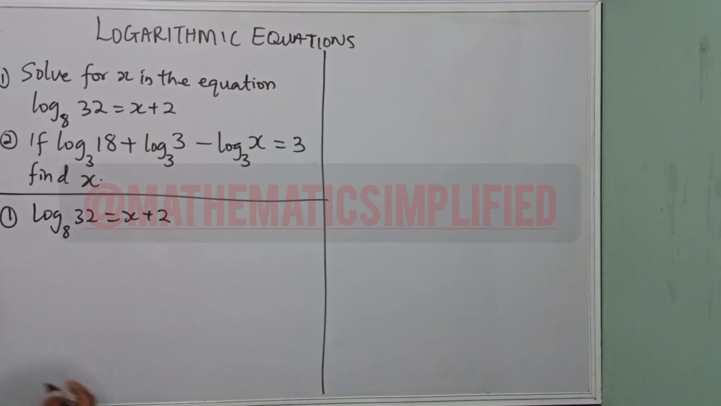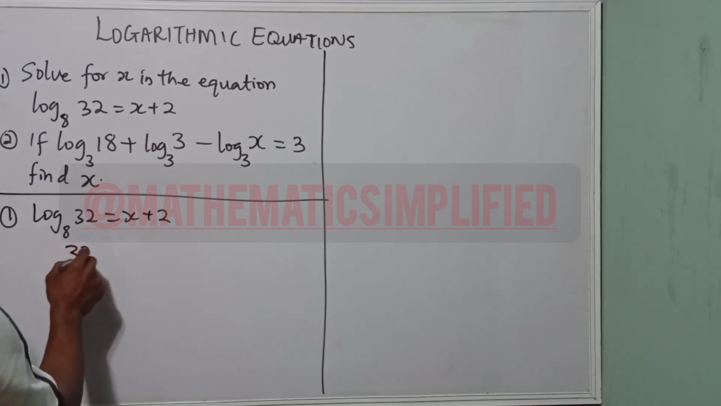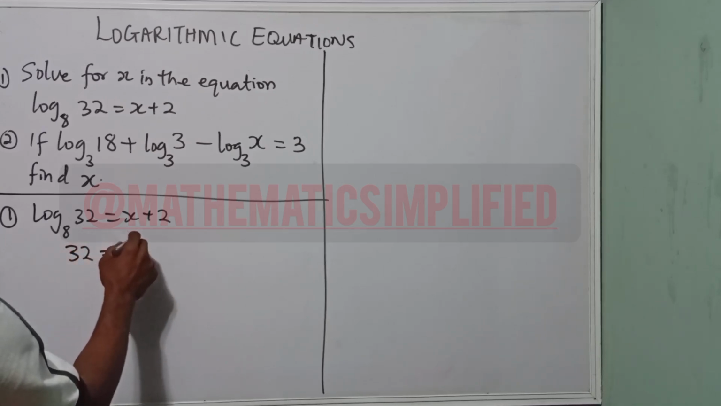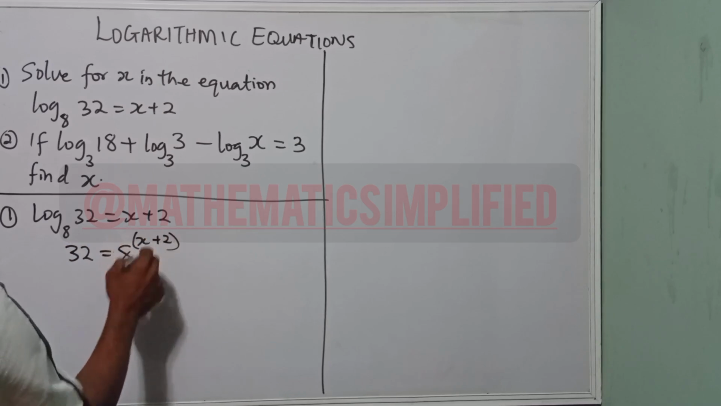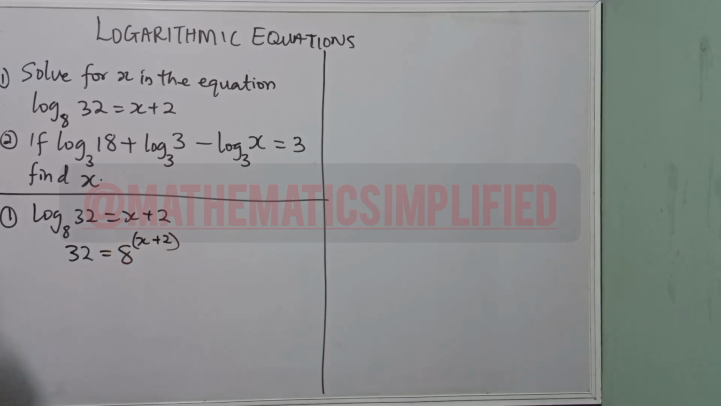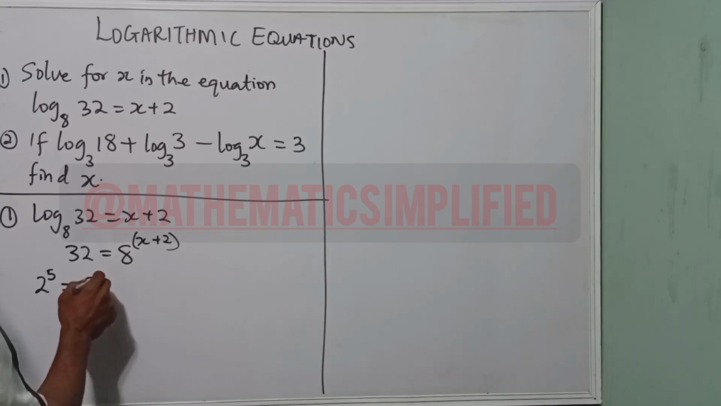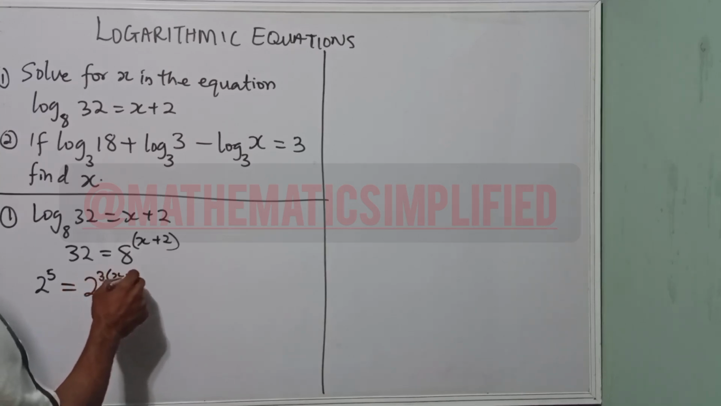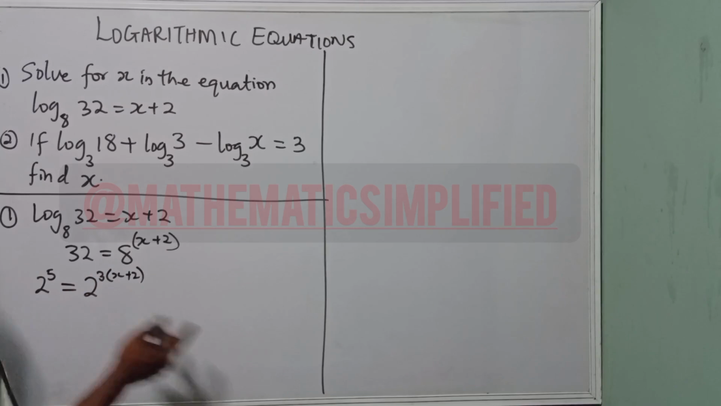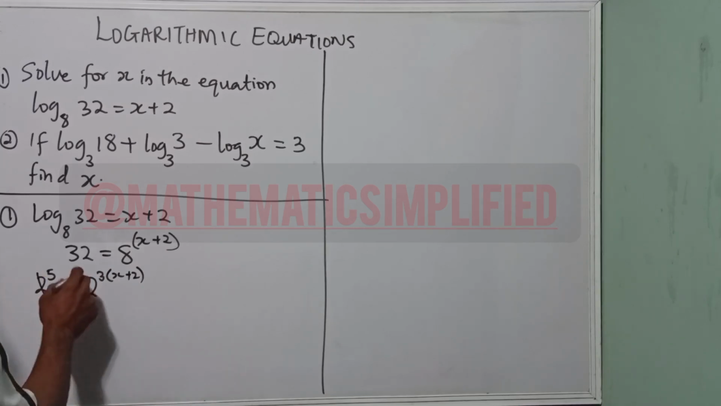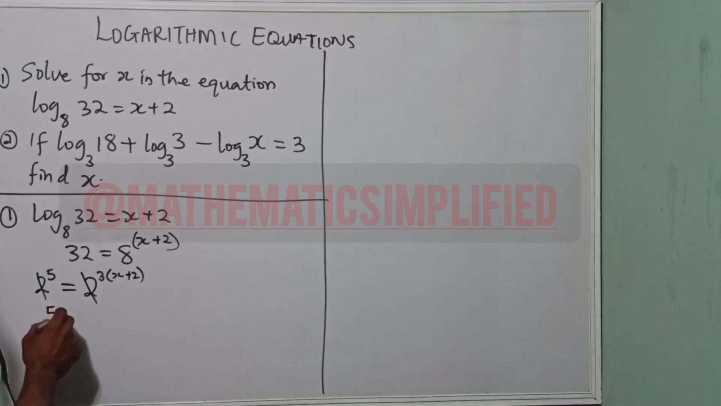Now, applying a general log rule, we will have 32 equals 8 raised to power x plus 2. Now we can break this down to the powers of 2. 32 will give us 2 raised to power 5, equals 8, which will give us 2 raised to power 3, times x plus 2. Alright, equating our bases, we have 2 cancelling 2. This becomes 5 equals